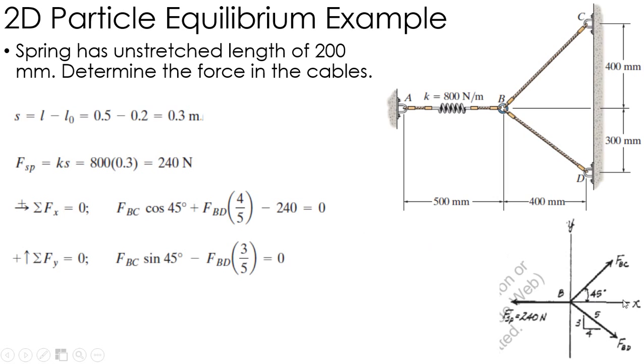In the y direction, I have, again, FBC sine 45, and that's acting up, positive. And then I have the vertical, 3/5 FBD, and that's heading down, so negative 3/5 FBD. So here are my two equations, two unknowns, FBC, FBD. This relationship comes from the y equation. So I take what I know about FBC, plug it into this equation, and I get my two answers, 171